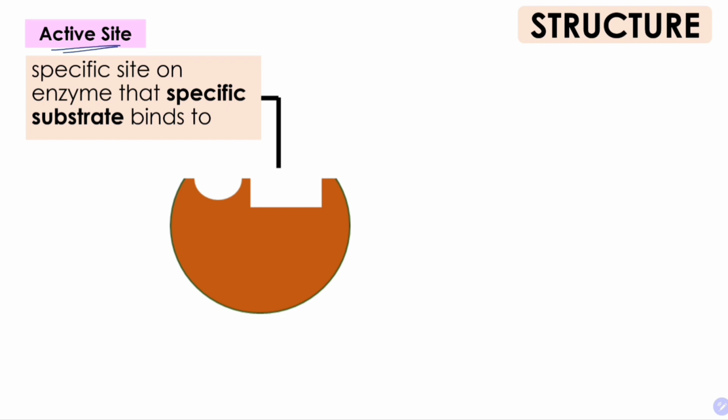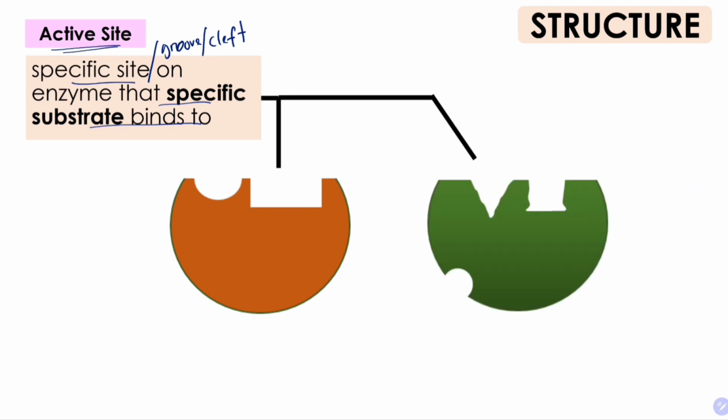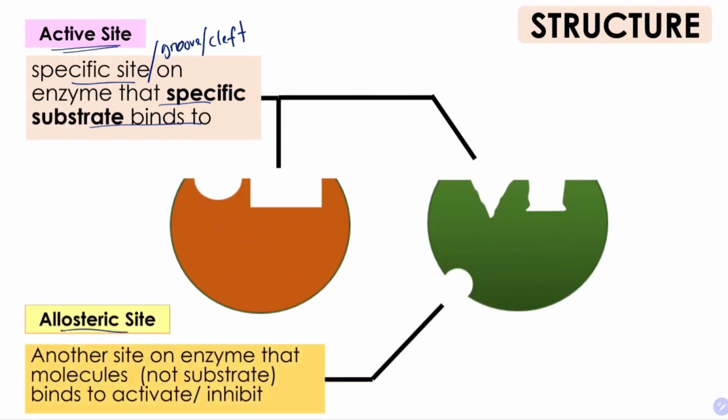The active site is the specific site, or cleft, or groove on the enzyme where a specific substrate can bind to. All enzymes must have an active site. Other than the active site, some enzymes also have an allosteric site. What is an allosteric site? It's another site on the enzyme that molecules that are not substrate can bind to, either to activate or